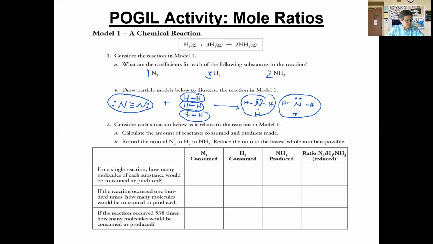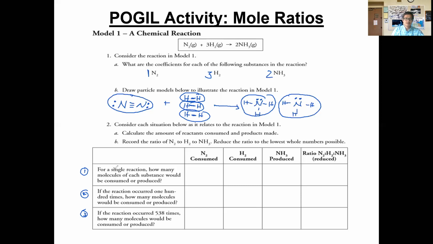Okay. In number 2, we're going to calculate the amounts for each reaction. They describe for us in each one of these boxes and each one of these rows the amounts that we have to deal with. Okay. And with that said, we want to calculate that and come up with the ratio, and we're going to reduce the ratio, the ratio between nitrogen, hydrogen, and ammonia when we increase it. So remember, here we have only one molecule of nitrogen, 3 molecules of hydrogen, and then 2 molecules of ammonia